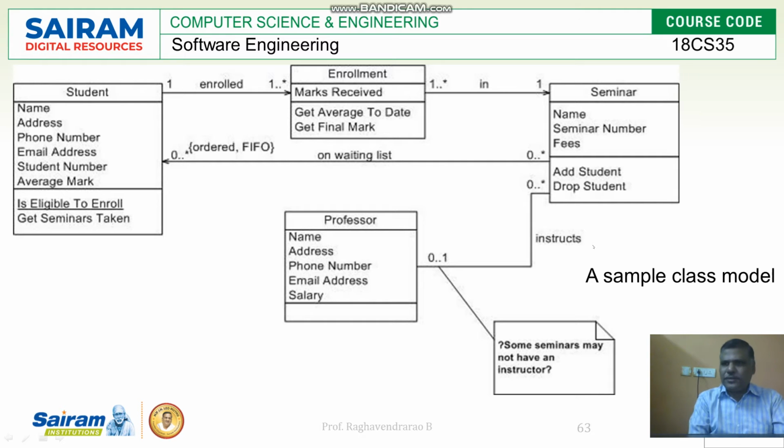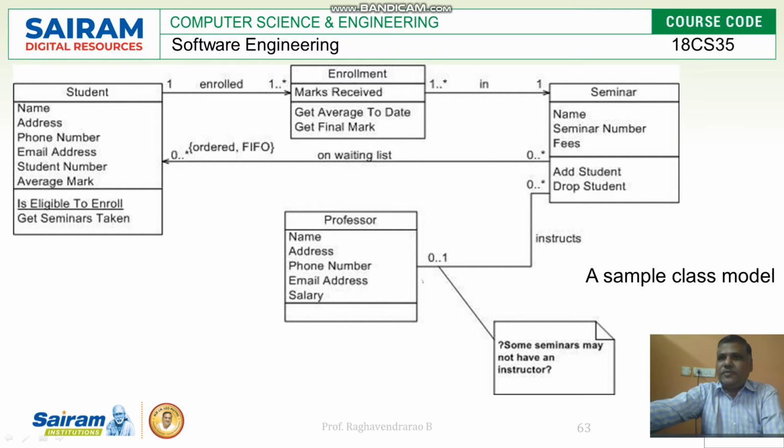Here is a sample code, a class model. By seeing this you can understand all the information about the object-oriented concepts. Now here you have the association rules. Then we have the association names at the ends. Then the classes are there, different classes, and the connections. There are interactions between the classes.